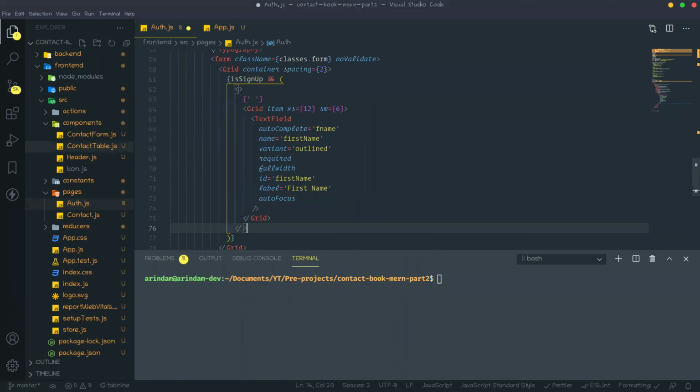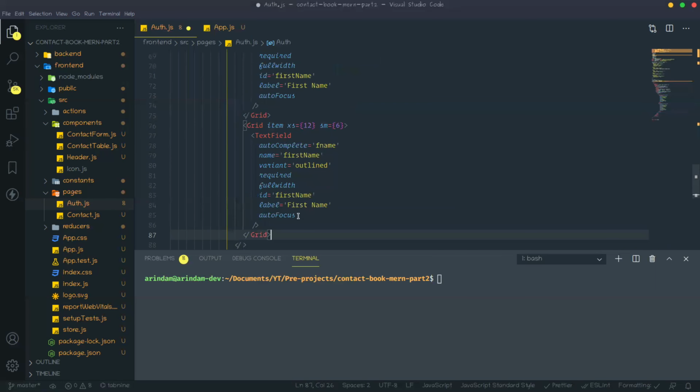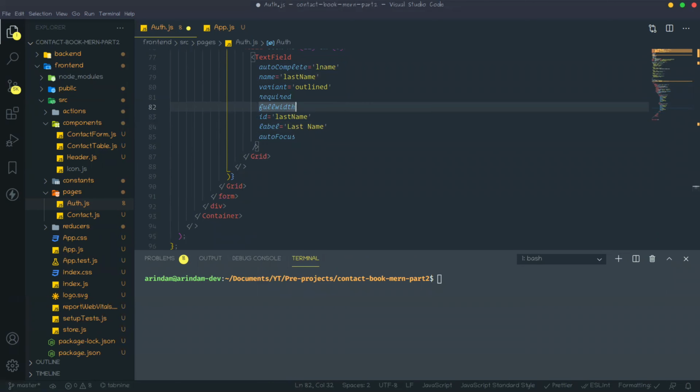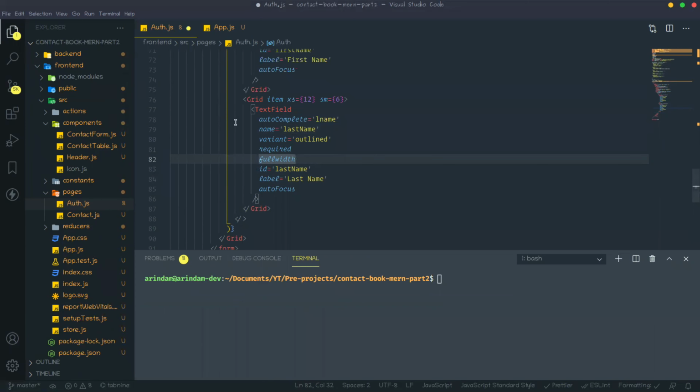Okay. So next thing is, first one is text field first name. Next is last name. So copy this grid. That is lname, last name. Okay. Next. So first name and last name, only these two fields will come only for sign up form.